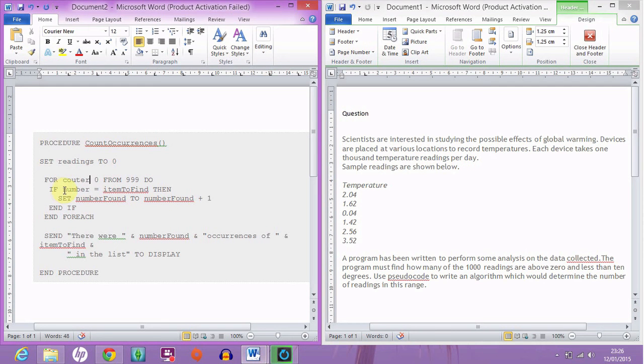Right, so inside here, this is where it's a wee bit icky, because what we're looking for is the readings that are above 0 and less than 10. So I need to know the name of my array. Well, my array is called temperature, because here it is, temperature. So if temperature at counter, oh look, I can't even spell counter. So if temperature at counter